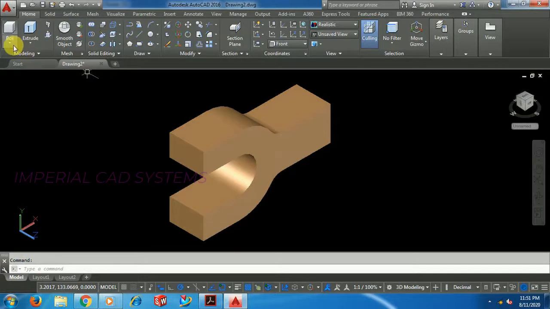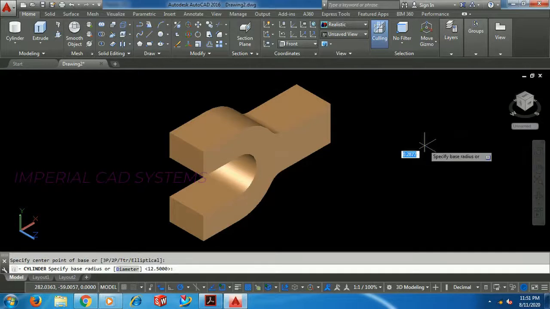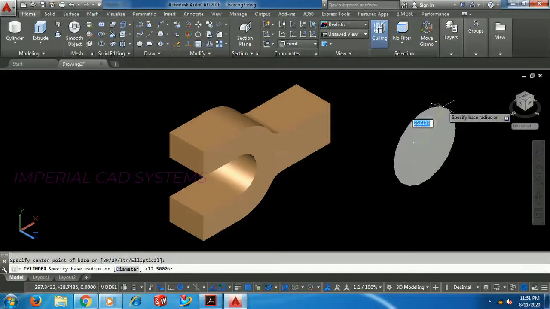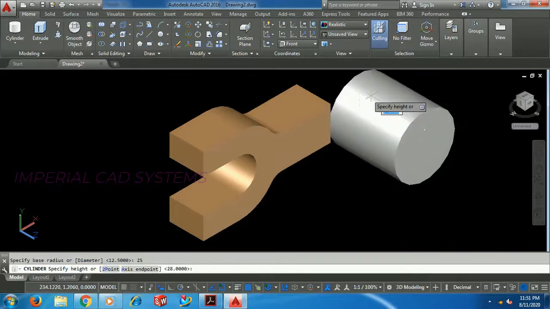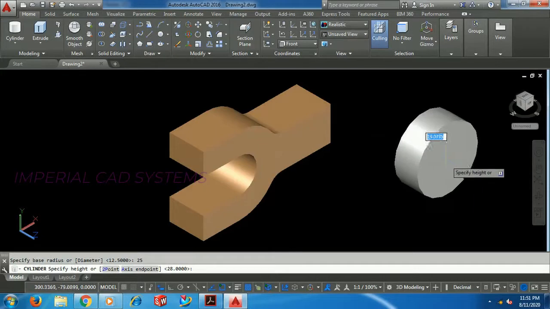Instead of that, directly select cylinder. You can directly select the midpoint over here so that the cylinder appears, or at the side I give 25 radius so that you see the cylinder, but I don't want it in this direction. It is showing in Z direction.